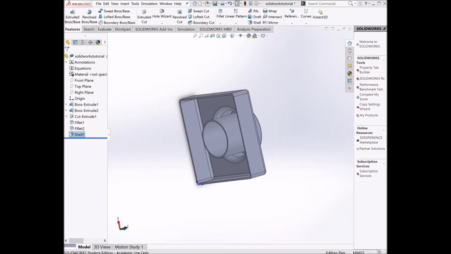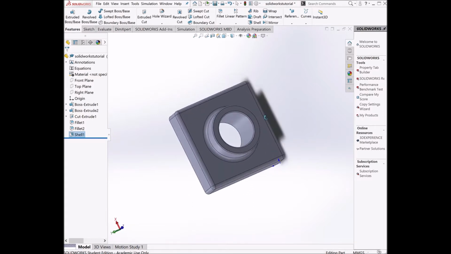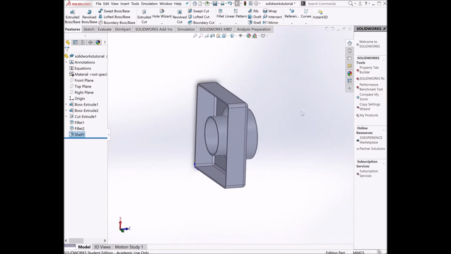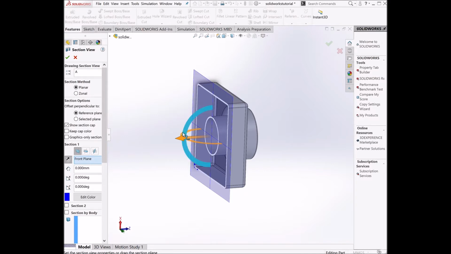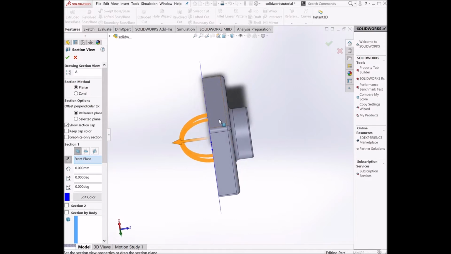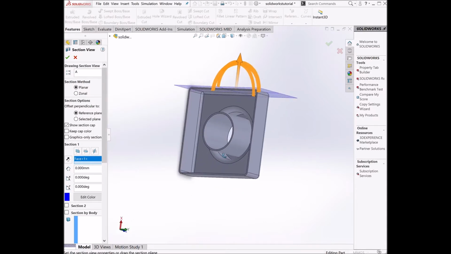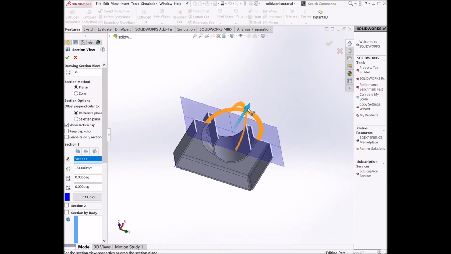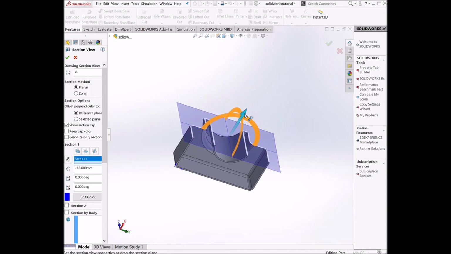Now this next step in the SolidWorks tutorial won't actually affect your design. It's just a different way of getting a view of it. So you go to section view, it's right here, click on it, you're going to click on the top of the design to get a flat face, and you're going to have to move this arrow down to about there. Click OK,